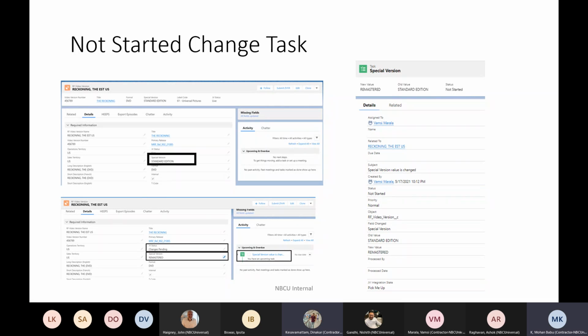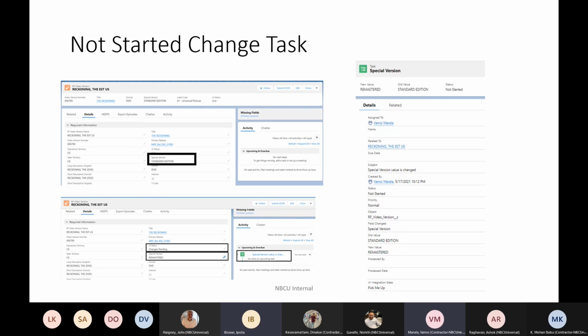So on every update, on any field update of these objects, we will first check the list of tasks and see if there is an open task for that field change. Yes, correct. Only then we will create a new task. No, we don't want you to change, see Dinakar. You can go ahead and create the tasks. There is no issue on that. You can create multiple tasks. Okay. So per record can have multiple tasks which are still open, which are still not started.